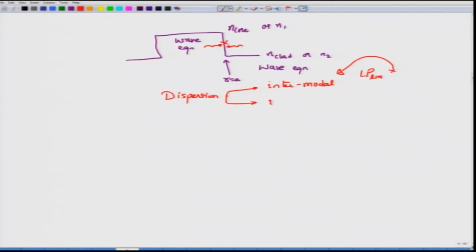Now, you might be able to eliminate intermodal dispersion, but there is another dispersion called intramodal dispersion. This intramodal dispersion is a peculiar characteristic only of single mode fibers, because in single mode fibers there is only one mode. Of course, we do know that that mode is degenerate in the sense that there are two polarizations, but if you do not worry about the polarization aspect, then there is only a single mode. But because the propagation constant even for that single mode is a nonlinear function of the frequency omega, you will see that the pulse will still be distorted, which we call intramodal dispersion.